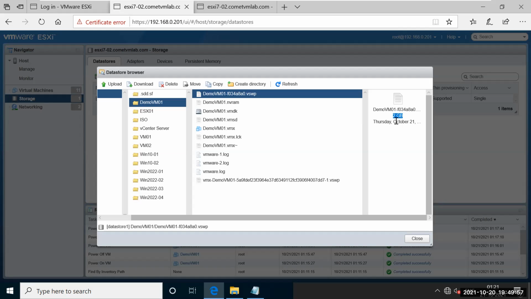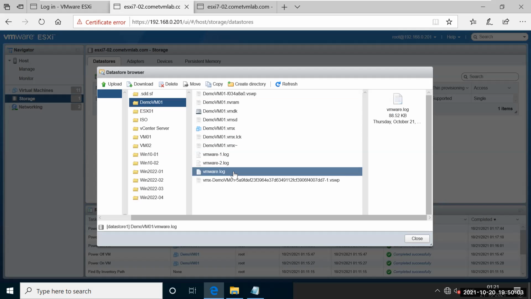Is that clear? And also we have another file with the extension .log, that is the log file. So this file is going to store the log information of a virtual machine, log information of the virtual machine